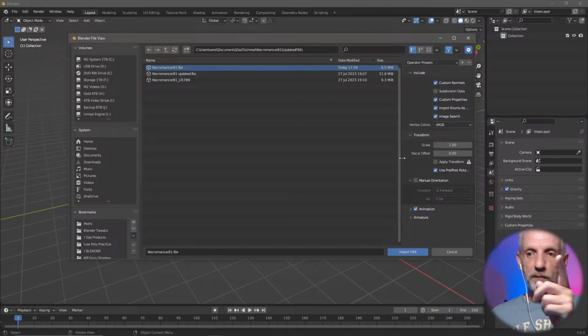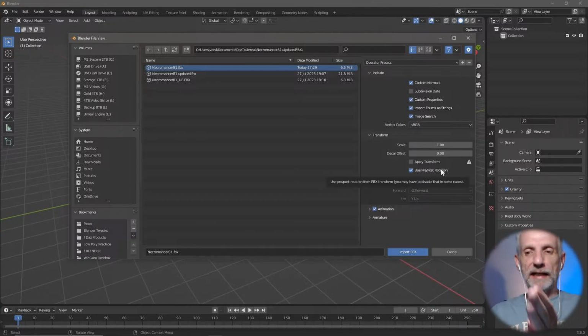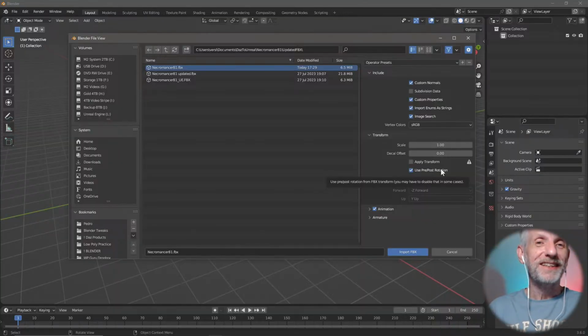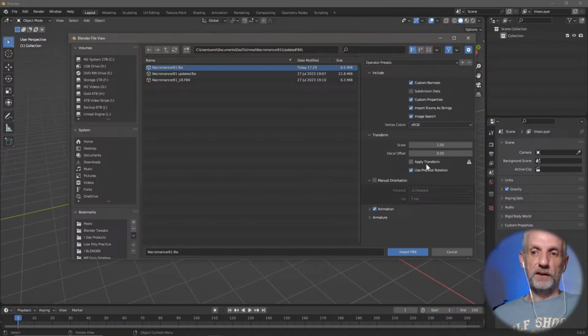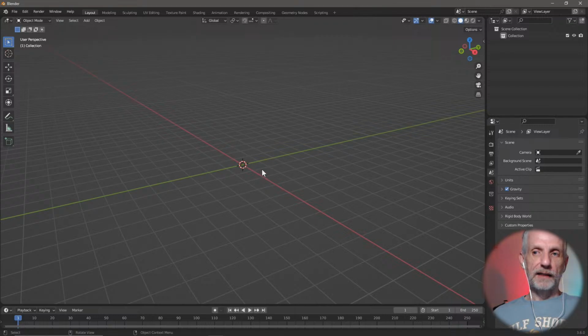There's a new thing in Blender 3.6 that we need to use, and that is use pre-post rotation. So this is not something that was available in previous versions of Blender, and what that does is that it tells each joint that it has information about each joint's local rotation versus a global rotation, and we need that to make the fix. So make sure that's selected, head over to import FBX